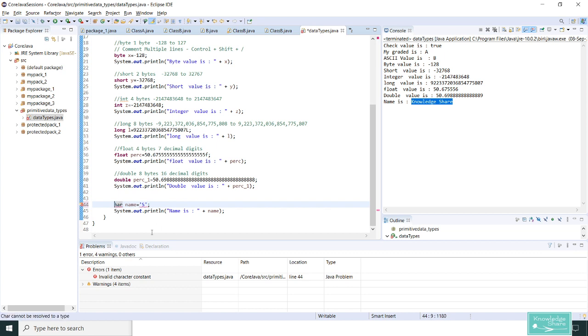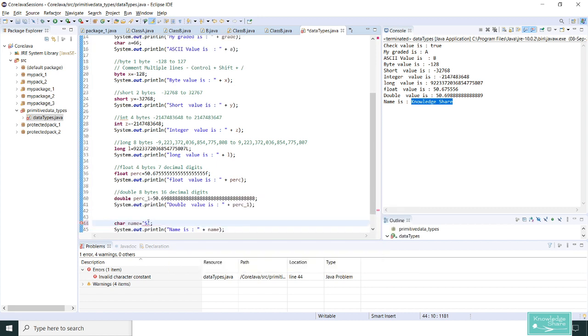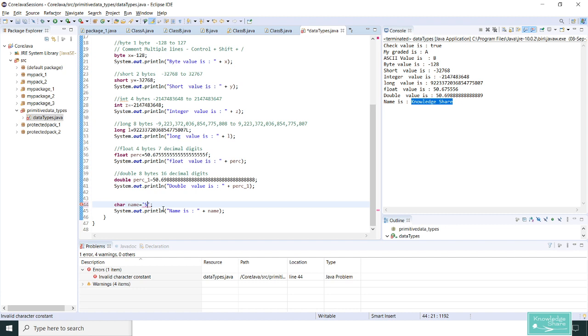So, one second, sorry. See, I just ran this code, it's printing. That's the difference between string and a char variable.